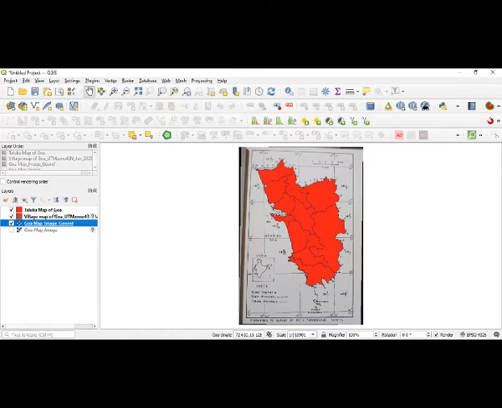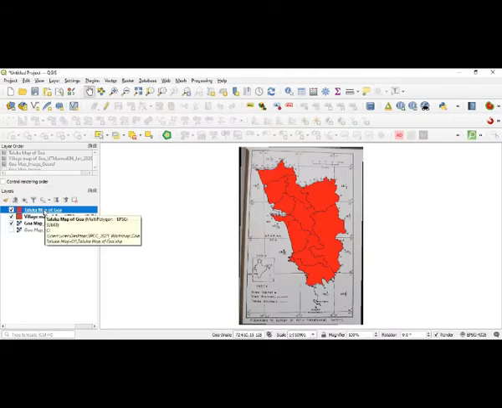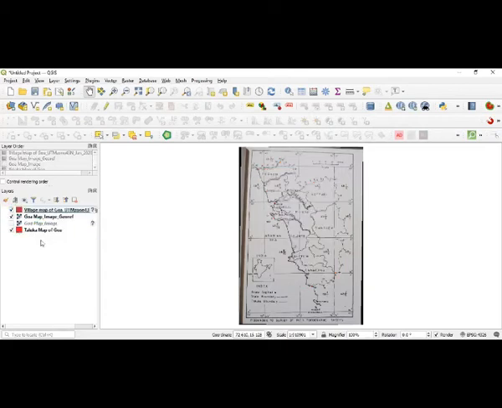Right now, the taluka map of Goa is on the top. I can click here, press and hold the left button of the mouse and drag it down. When you drag it down, you can see that the top layer in the layer order is now the village map of Goa, followed by the Goa map image.